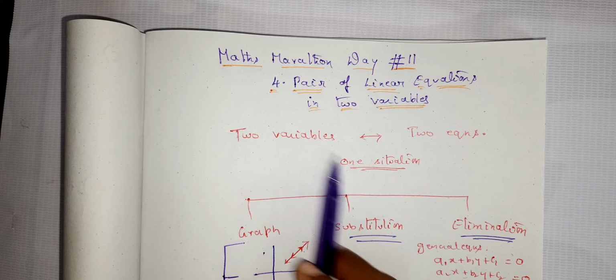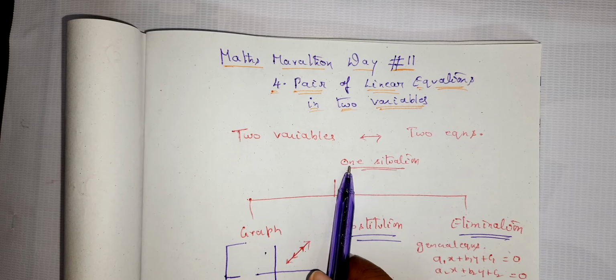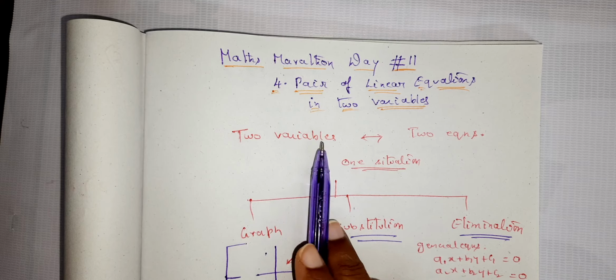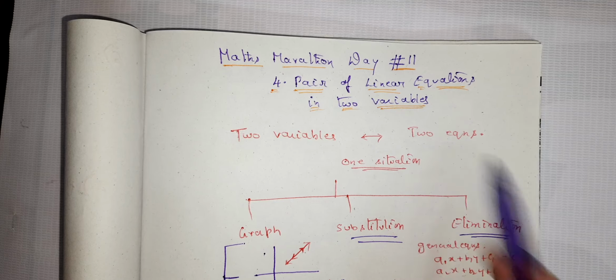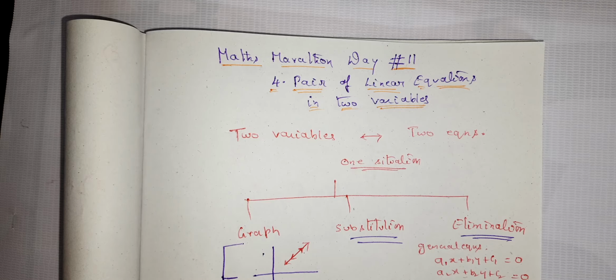See, when two variables are given in one situation, and we need to solve those two variables, that means we have to find out the variables. Then it is very obvious that we need to have two equations, right? So in any situation, if the situation is explained in such a manner that we need the help of two variables, and if we want to find those two variables, then we should have two equations in hand, right? If you have two equations in hand, now we have to solve for the solutions, to solve for the variables, both the variables defining the equations.